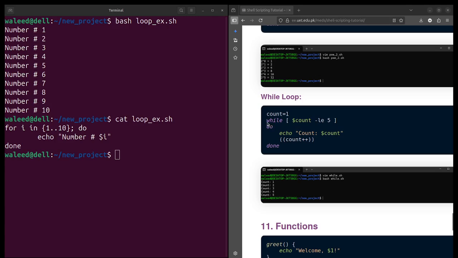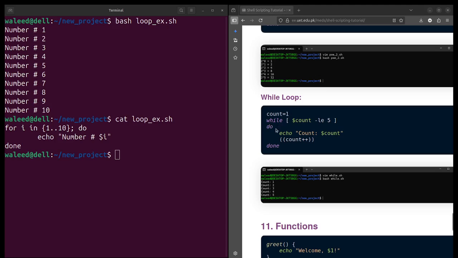Then you simply write a program using a while loop, in which you initiate a variable, let's say count, with 1, and you want to go till 5, so you will use less than or equal to. Whenever count is less than or equal to 5, meaning 1, 2, 3, 4 or 5, then it will execute, otherwise it will end the loop.